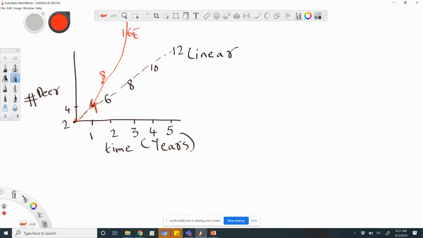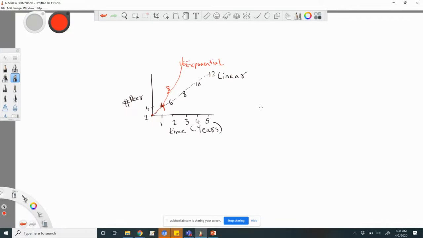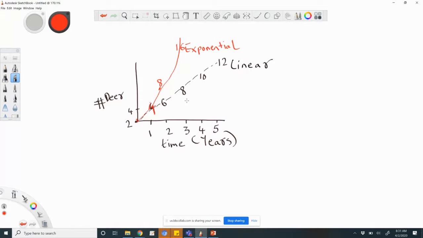So this would be exponential. And that's the difference between the linear and the exponential, right? That's the main difference. Where the linear is just you'd only have 12, but in 5 years you'd have 2, 4, 8, 16, 32, and then 64. So you'd have a huge difference.